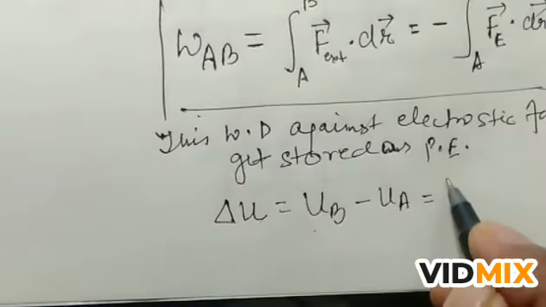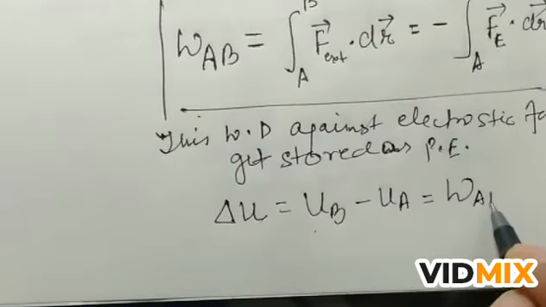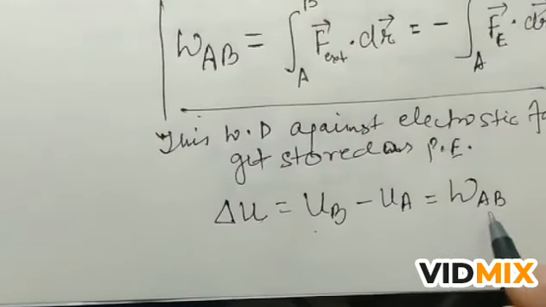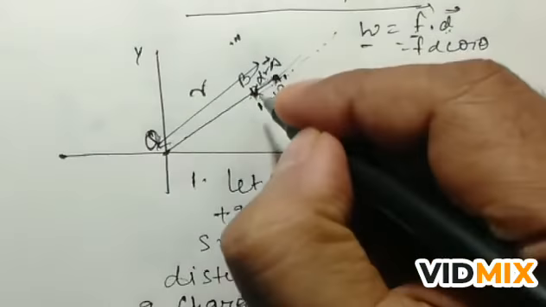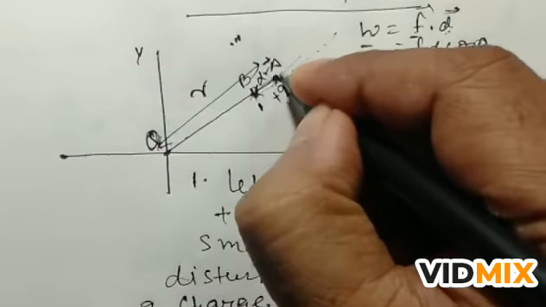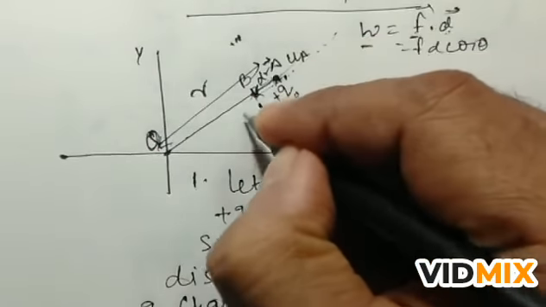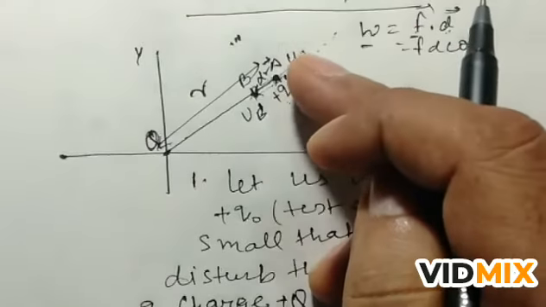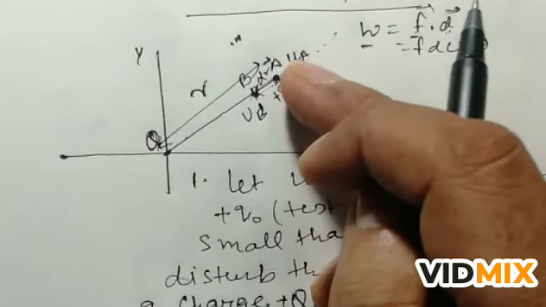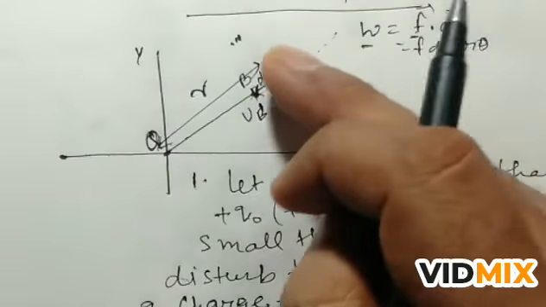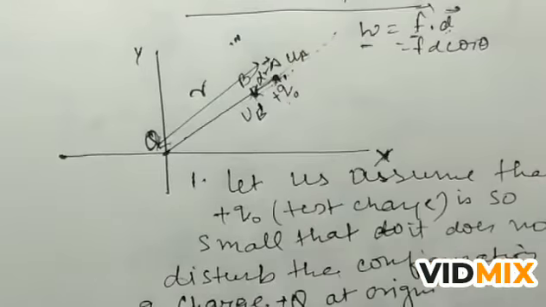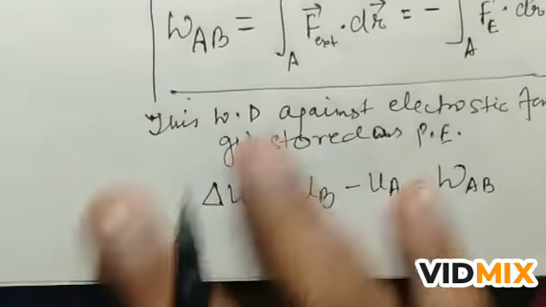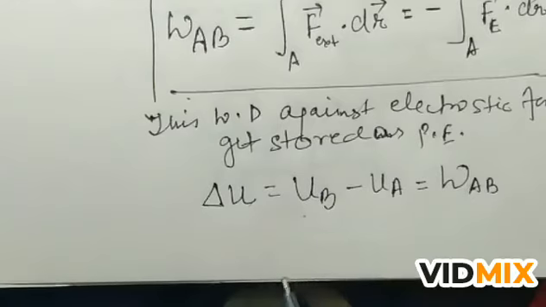So this is equal to the work done. Whatever work is done in bringing the body from point A to point B is equal to the difference of energies. Again, see the figure. The energy of this point is UA, and the energy of this point is UB. When the body is brought from point A to point B, some extra work is there. Whatever amount of work is done on this body is equal to the difference of these energies. So the difference of potential energy is equal to the work done.